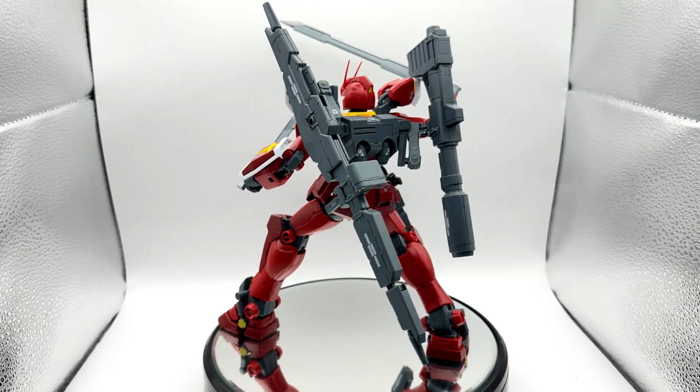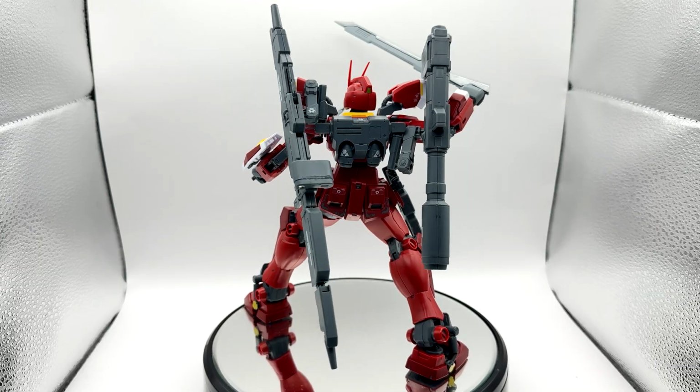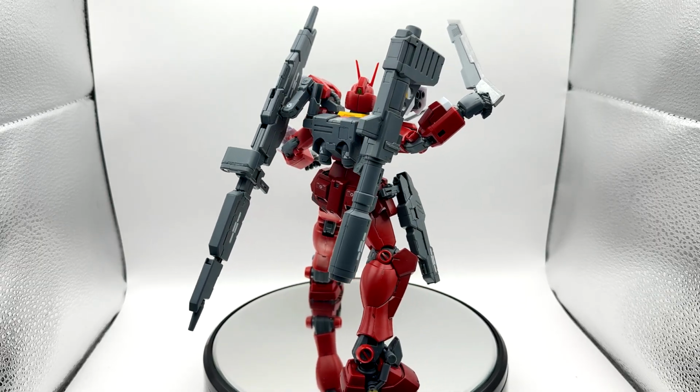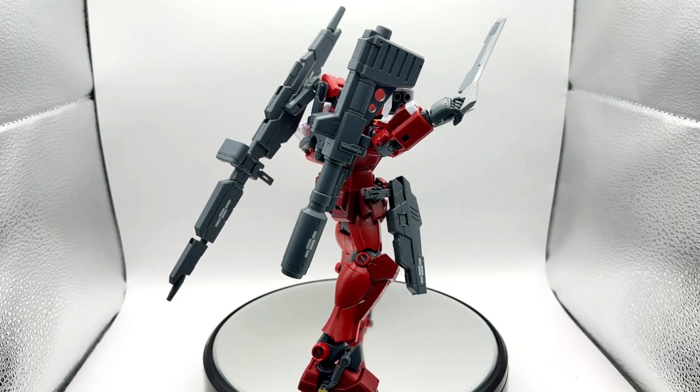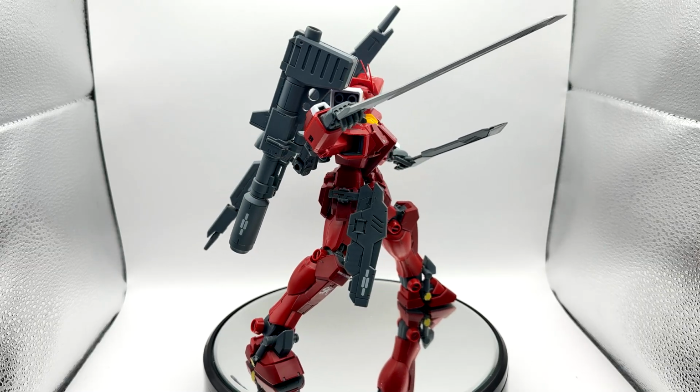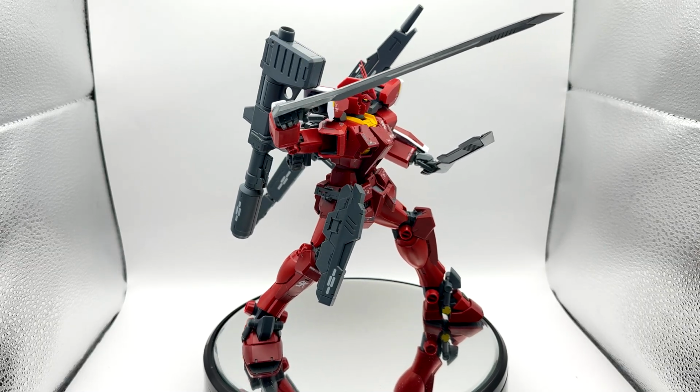or just kind of ignore the big black nub mark on your blade. And while it's not the biggest deal in the world, it is a little bit of an annoyance that you don't really expect to see with a modern Master Grade, but it's just something to keep in mind. Again, not the biggest deal in the world that you have to repaint the blade to get rid of those black nub marks, but apart from that, aesthetically, the Amazing Red Warrior is essentially perfect,